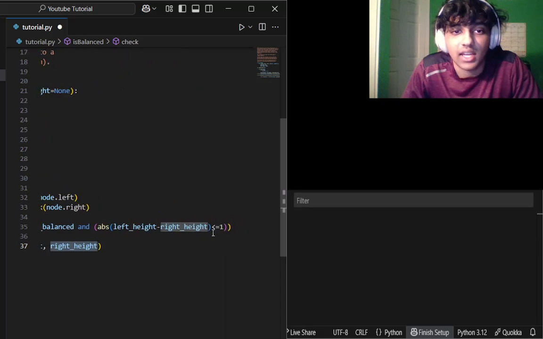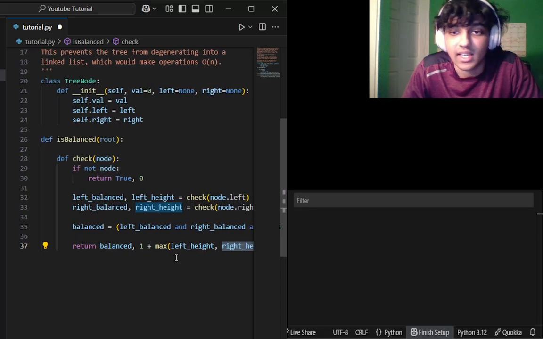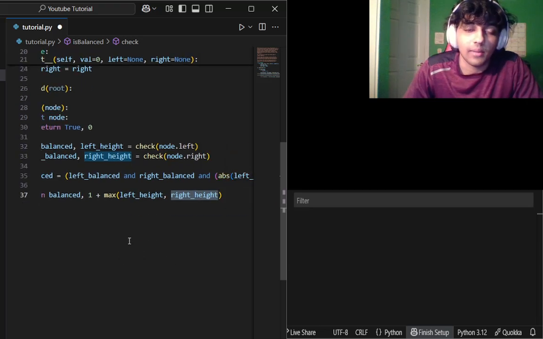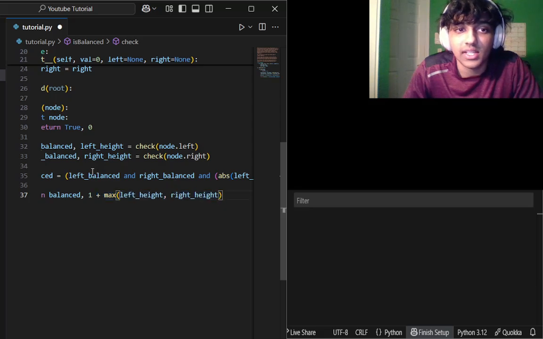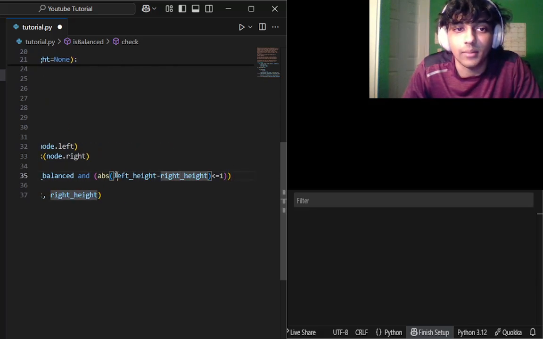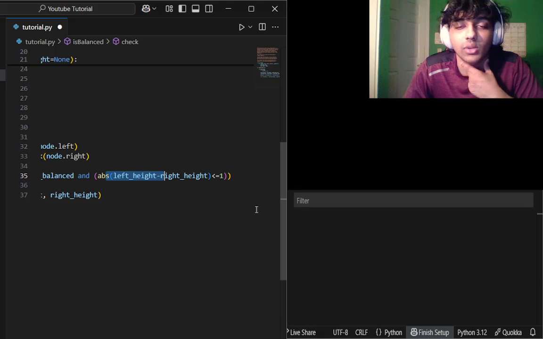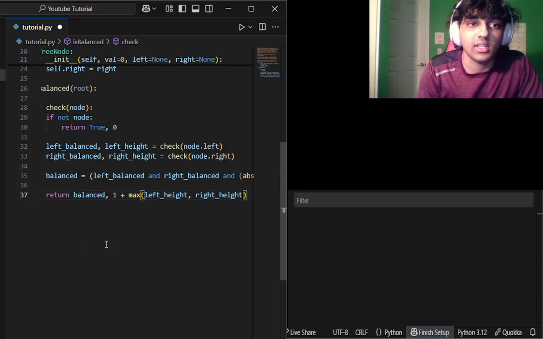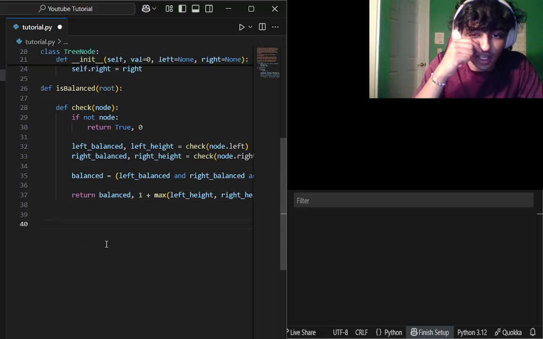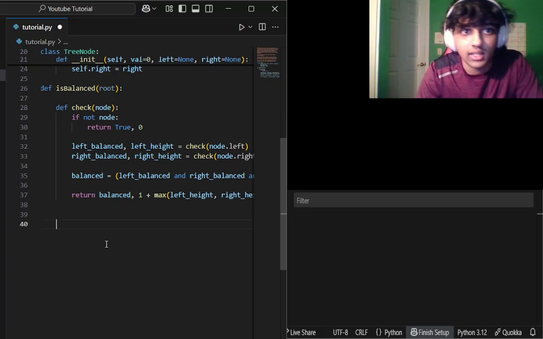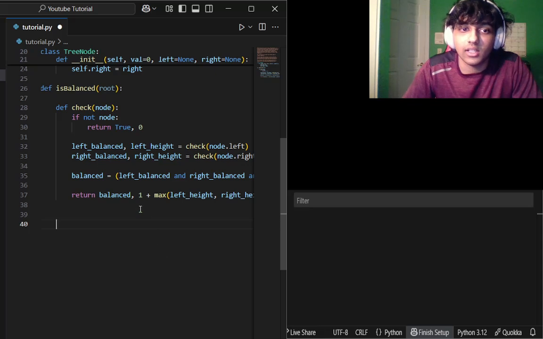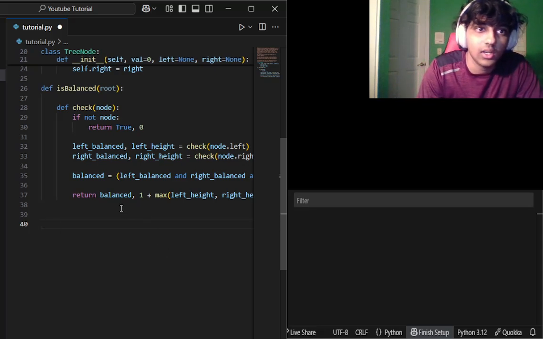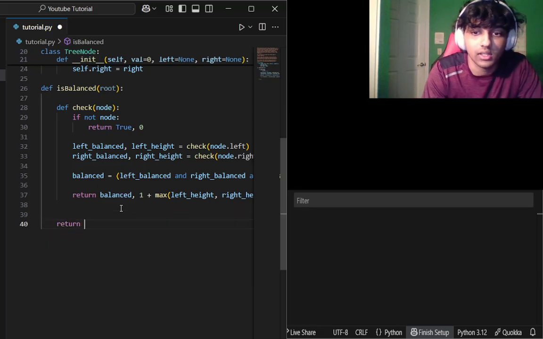You need to make sure that's how you calculate the height of the left and right subtrees. You have to make sure they have a difference of less than or equal to 1. And then at the end, sorry, this video is getting a little bit longer than I expected, but we're almost done. Now that we've finished our internal check function, outside of this check function, we can return check